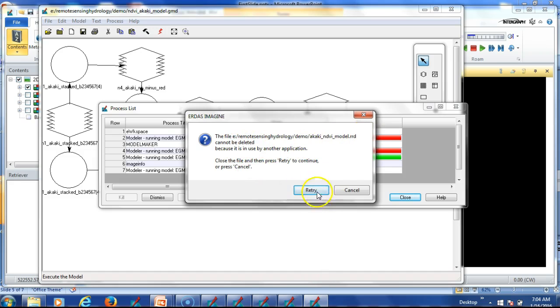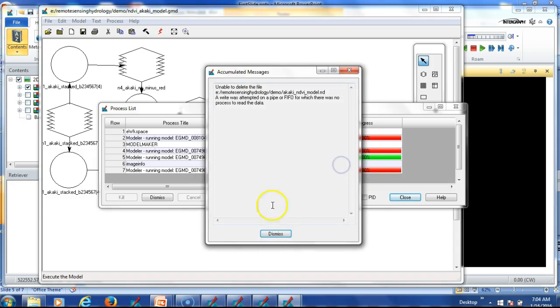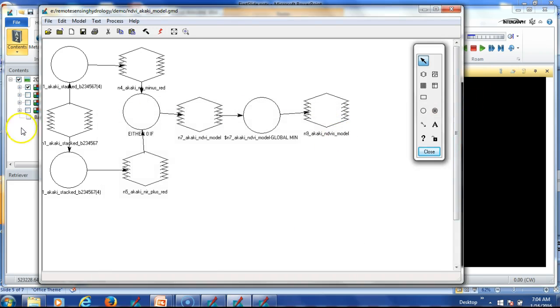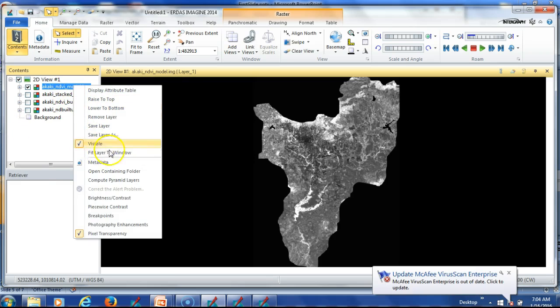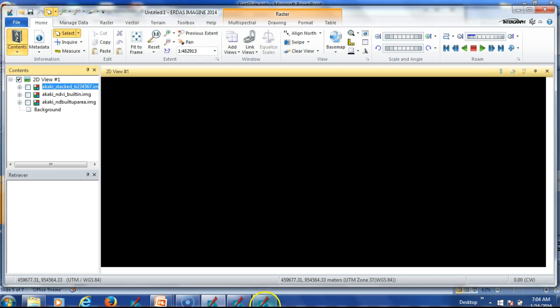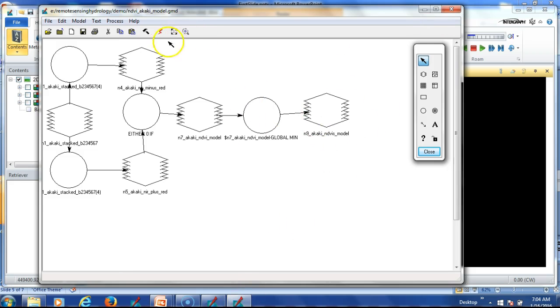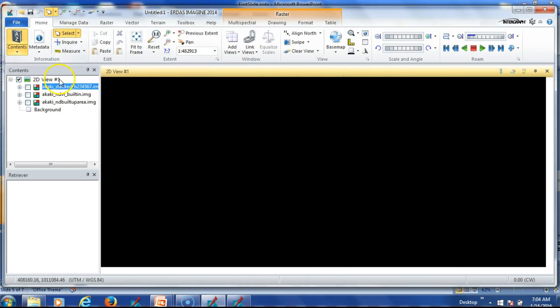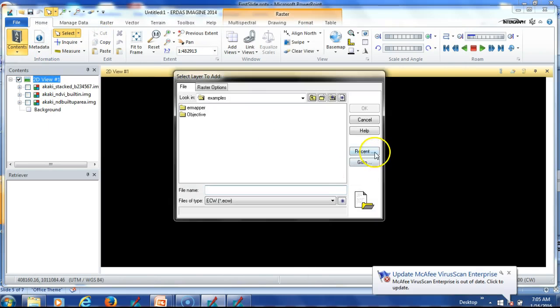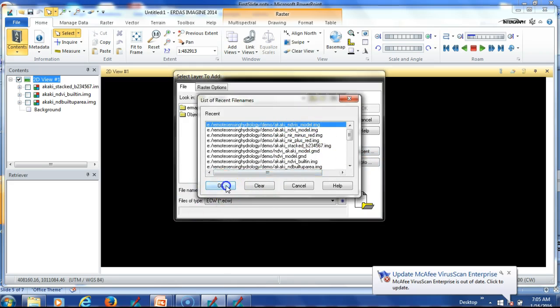Error, cannot be deleted. Okay, because it's already displayed. Okay, cancel. Okay, dismiss all, and we remove it from here because it's already displayed. It cannot rewrite that file. Okay, so let's say delete, remove layer, and then we go back to our model and run it. Okay, close, and let's see the scaled NDVI now. Open raster, select the scaled NDVI. Okay,